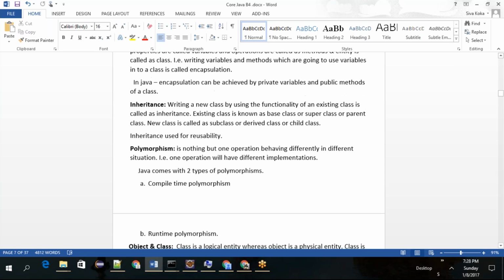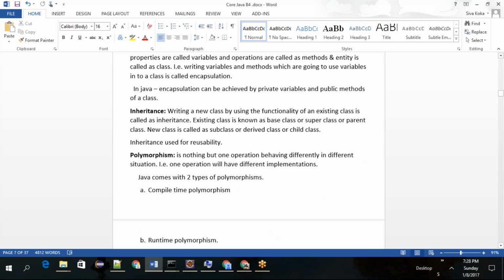What is polymorphism? We'll go deeper when we write programs, but for now remember there are two types of polymorphism. Polymorphism is just like, you know,